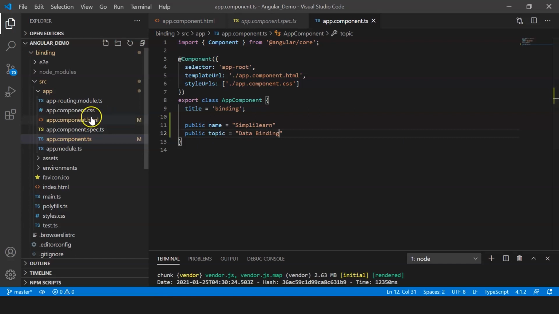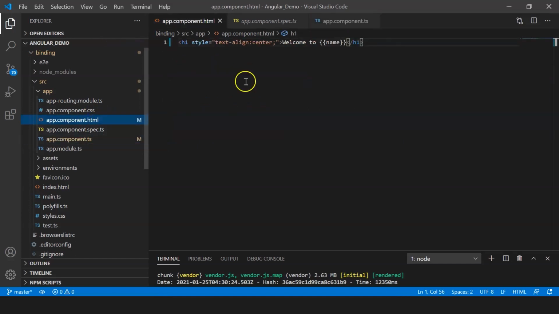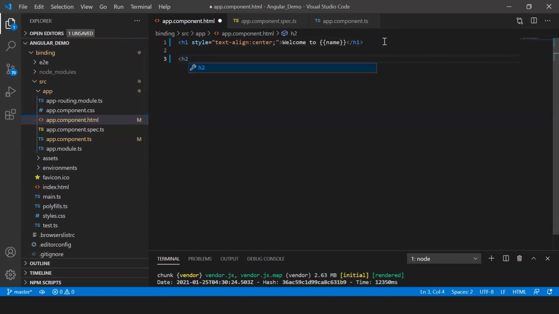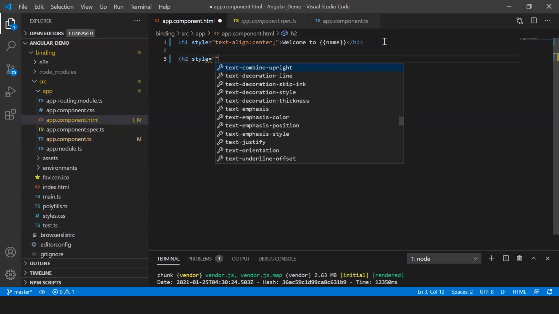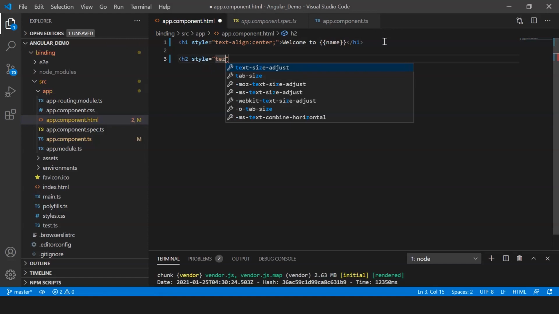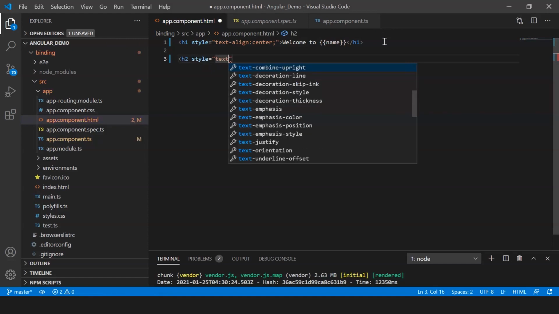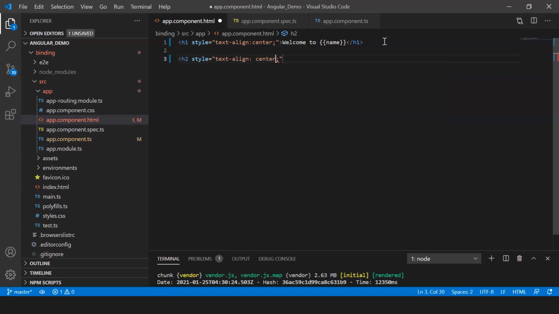And in my HTML file, I'll create another element and display another message saying welcome to the topic tutorial.